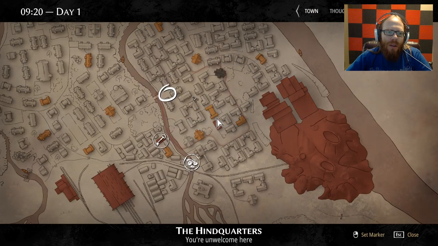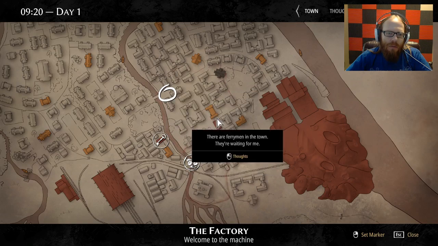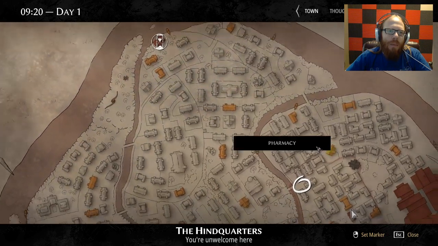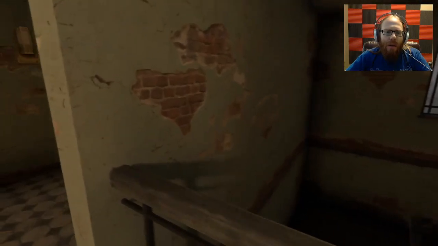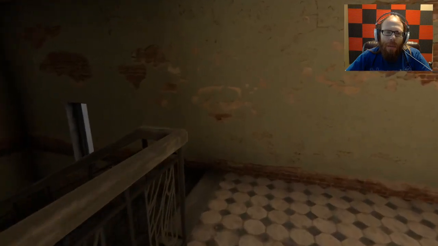Okay, so now, from where I'm at, the guy selling the bull is up there. Ferryman in town waiting for me, and Bad Grief's over that way. Otherwise, it's up to Laura Ravel. These all still need lockpicks, right? Yes, and I don't have them, so I'm not going to worry about it. Now is when shit starts getting...